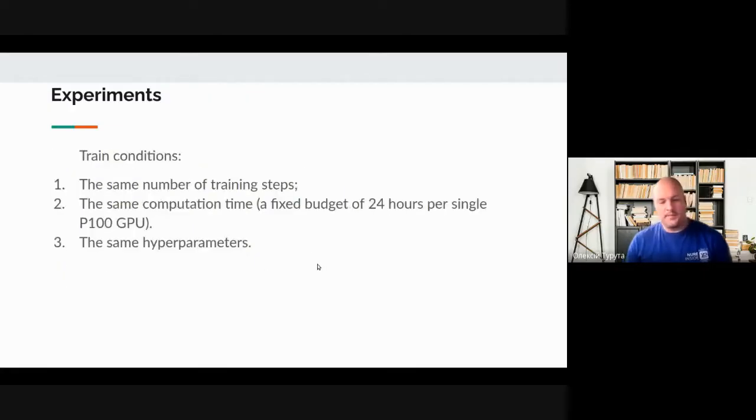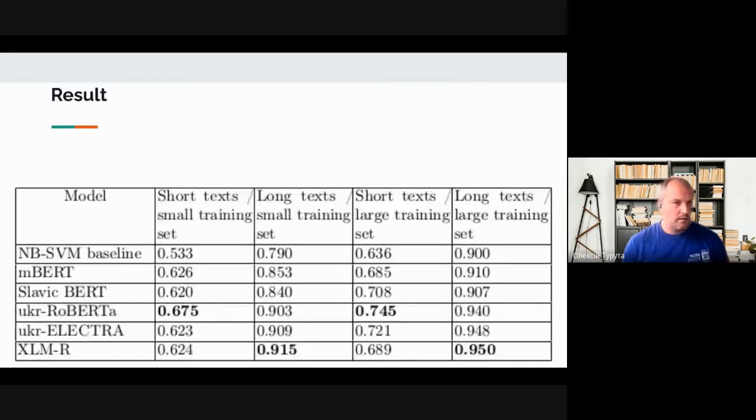And we compare our model in the same train condition: the same number of training steps, the same computation time, and the same hyperparameters. And we have the next result. So we can see on this table